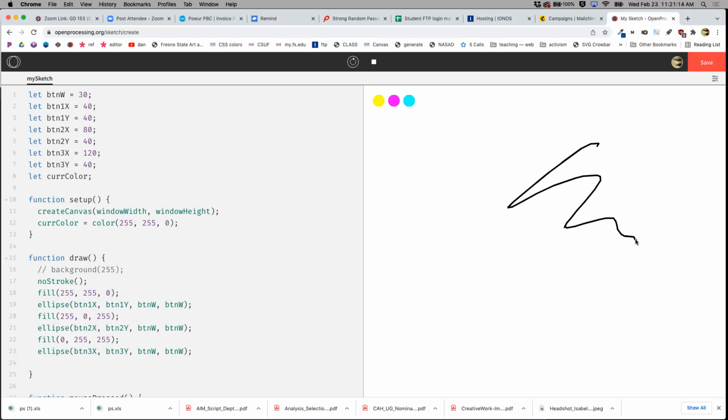What color? What state? Now, right here is where you check to see what state they're in. So if you want to check to see if